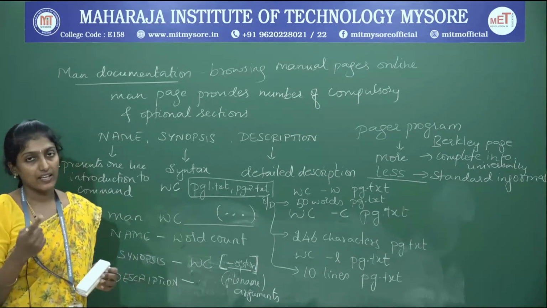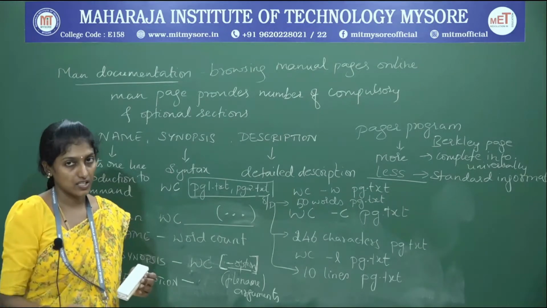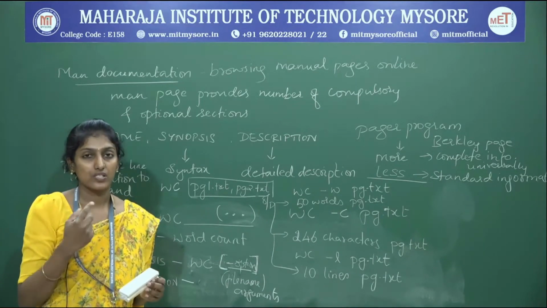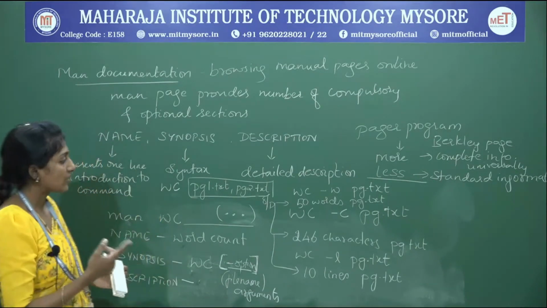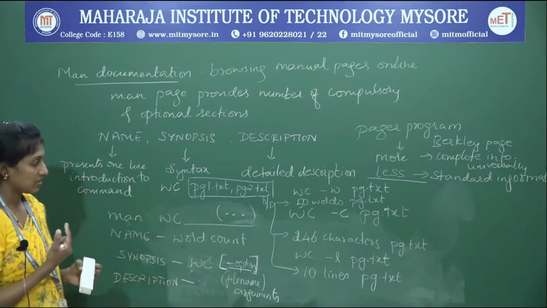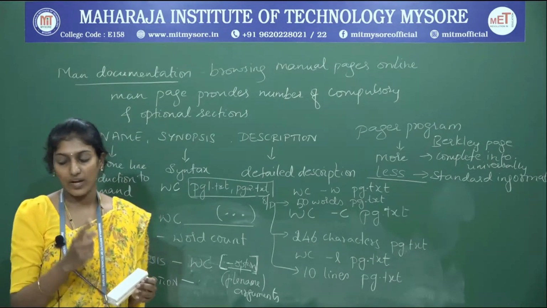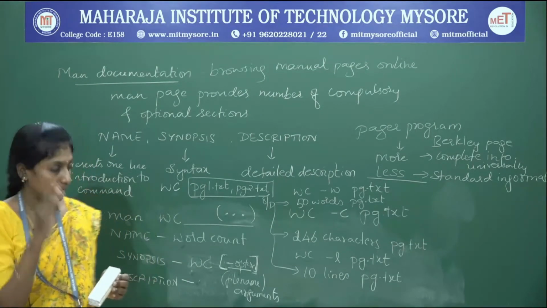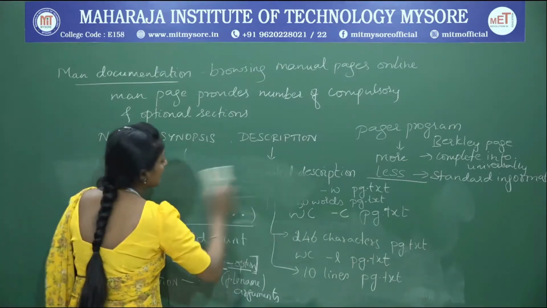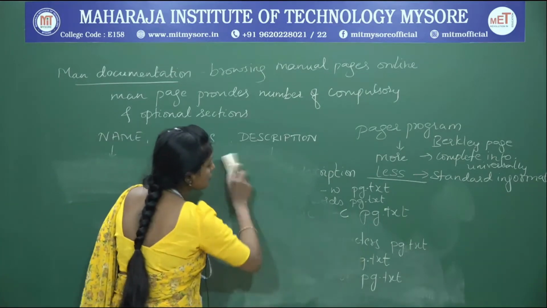So we can navigate that and search for the information which you are looking for on that particular screen. We have two commands used for this: one is F and the other is B. F or space bar represents displaying one screen of text at a time. So one complete screen of text will be displayed by using this navigation and search command, that is F.